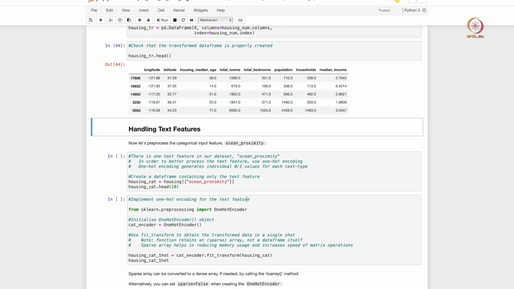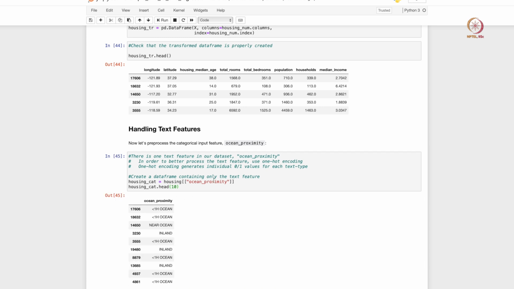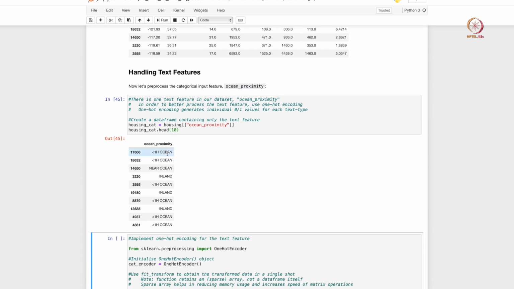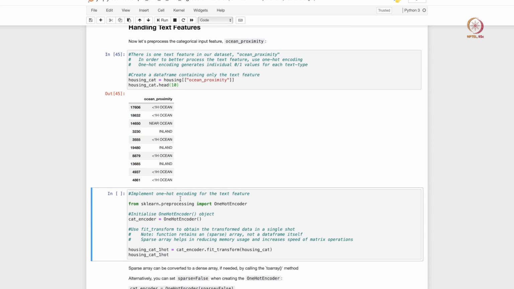Yeah. So that was the imputer, which ensures that the missing numerical data in total bedrooms is taken care of. Now the second thing is dealing with the text data, so that we have to change to one hot encoding. Once again we isolate the text category here, which is referred to as ocean proximity, and ocean proximity has different values. So it has less than 1 hour, near ocean, inland, and there is also near bay as the different values.